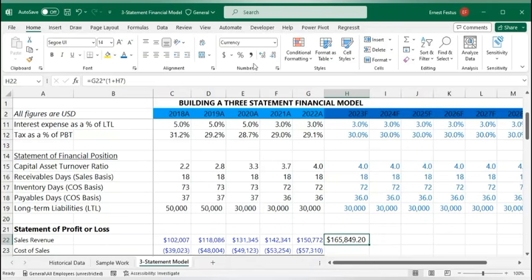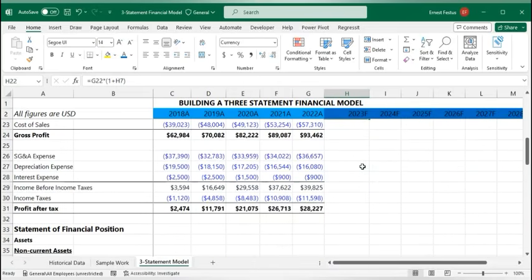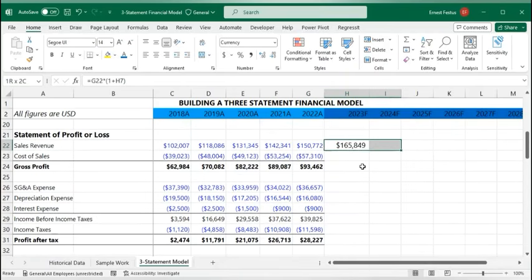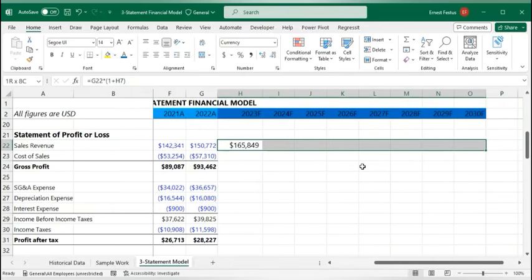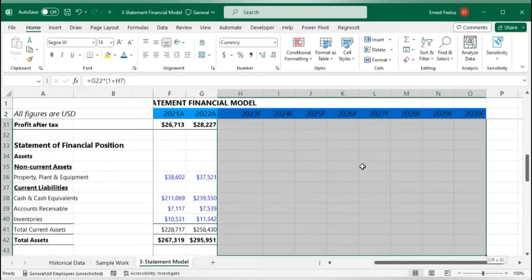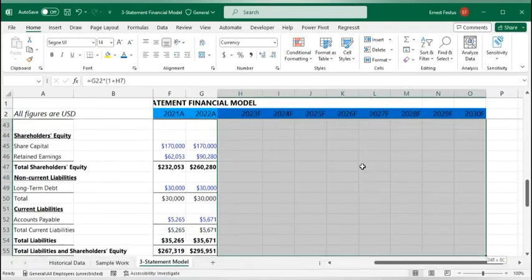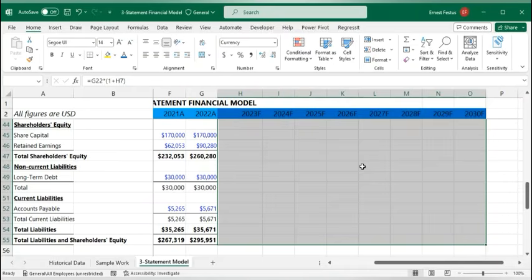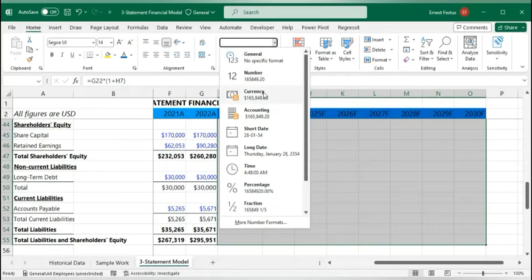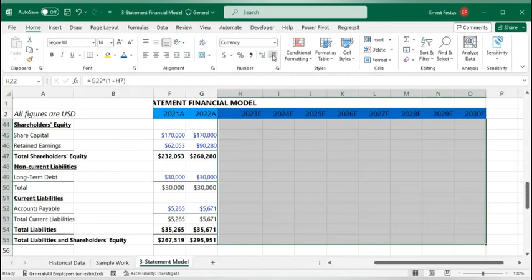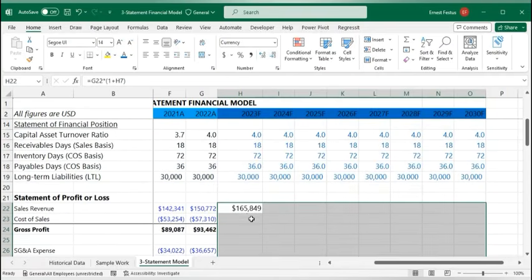So let me reduce the number of decimal places to 0. Apply the same format to the entire sheet. So all the cells here, I need to format them the same way. So it should be currency with 0 decimal places. Okay,